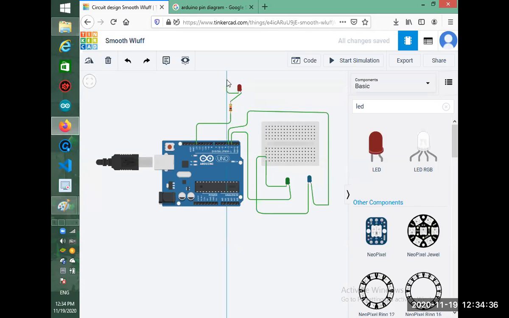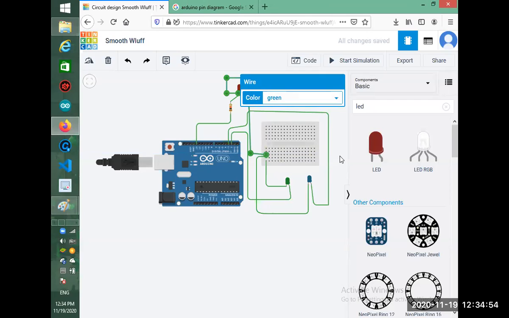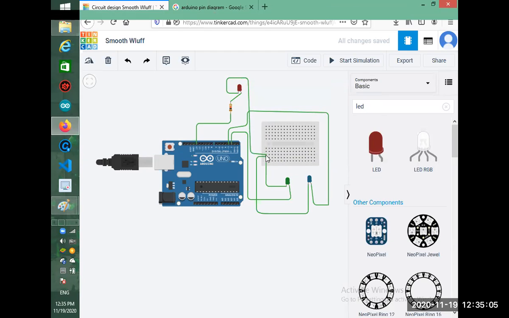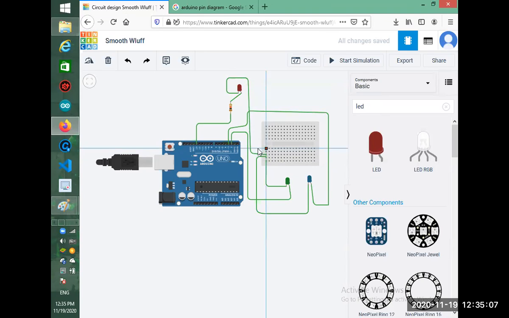Okay, so we have connected 3 wires at these 3 points. This is a row, and these 3 wires are all connected. So what we need to do is take a wire from here.